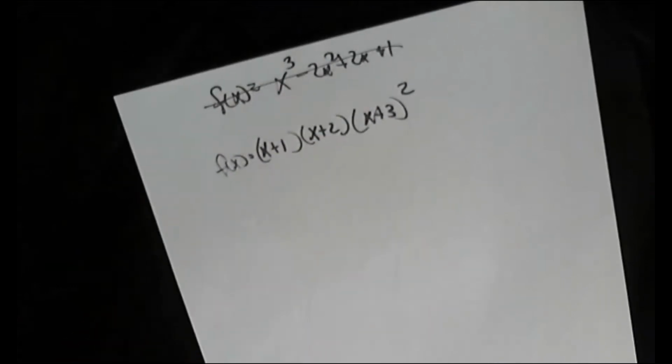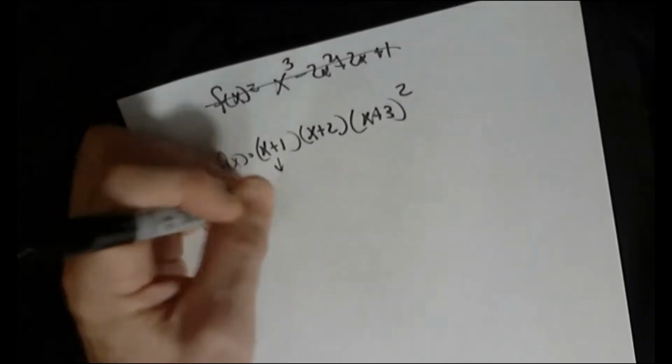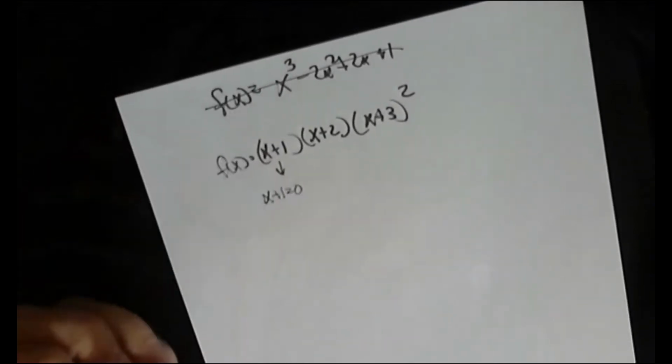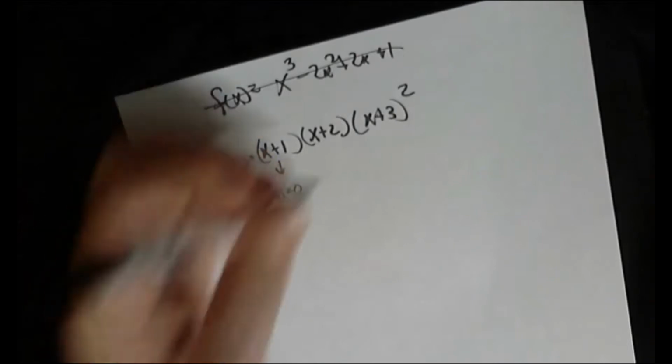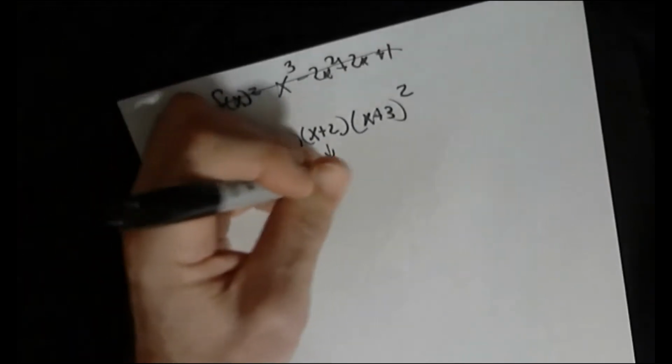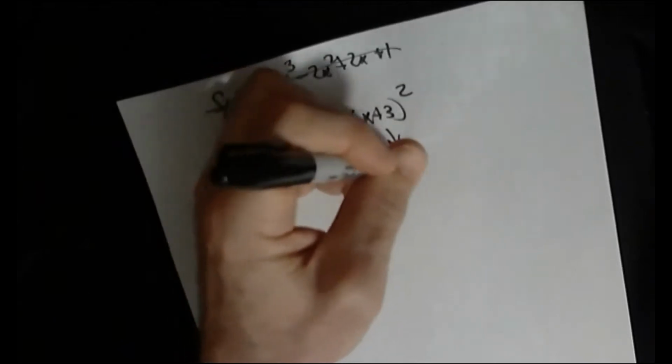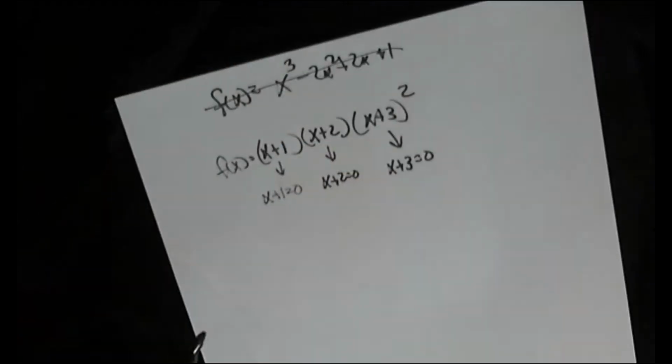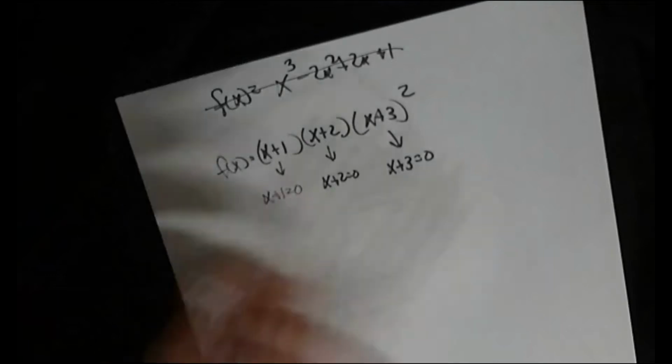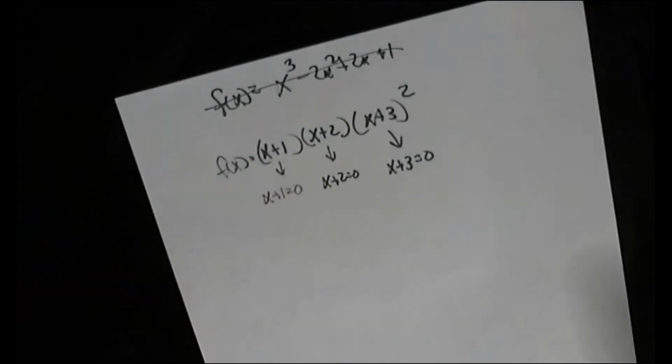If it's written this way, this actually makes it really easy to find the zeros, because basically anything that would make this one equal 0, that would be a 0. Same, anything that would make this equal 0 is a 0, and anything that would make this one equal 0 is a 0. Now, also written in this way, well, if we solve these,